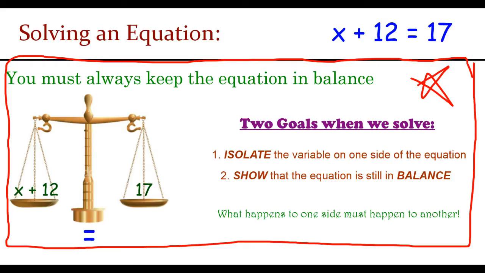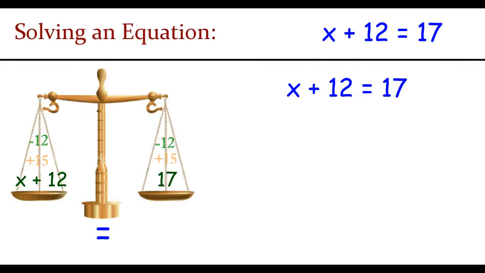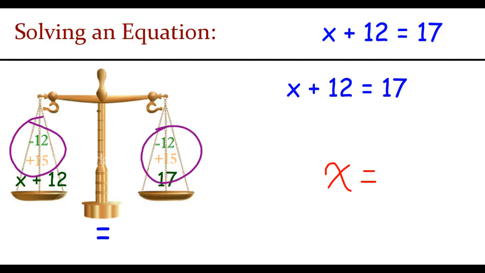So as we said, our two goals are isolating the variable and showing the equation is still in balance. So when we're isolating the variable here, for the equation x plus 12, what we really want is something that's just equal to x. Now what I've done on the left side near the scale is to show an example of a few things that we could do to each side of the equation to keep them in balance. If we add 15 to one side, we just have to add 15 to the other. If we subtract 12 from one side, we just have to subtract 12 from the other. But we have to show, because that's one of our goals, we have to show that that balance is still